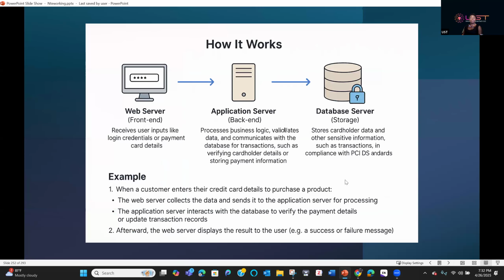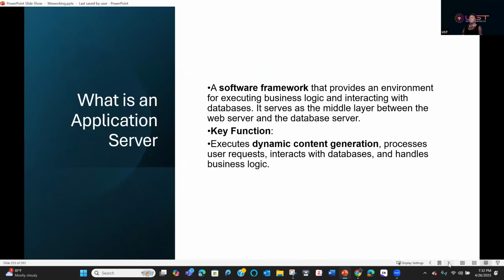And this is exactly what we have discussed. You forward it to the application server backend, and then the application server sends it to the database, right? But what is an application server? Now that we've talked about the web server, let's also discuss what an application server is, okay? I'll see you in the